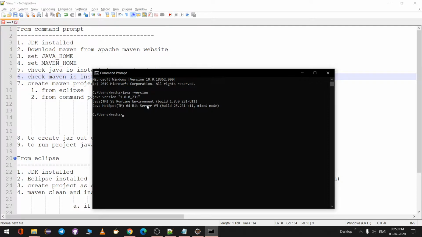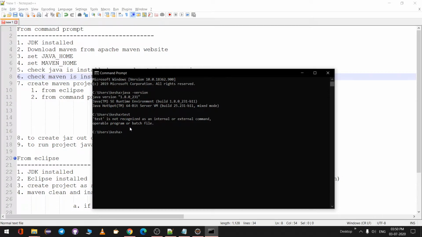If it is not properly installed and the Java home is not set, it will say it is not a recognized command. For example, if I say test, if I click on enter, it says test is not recognized as an internal or external command.